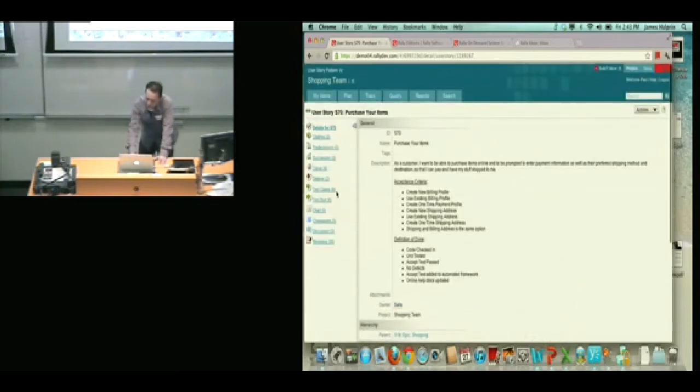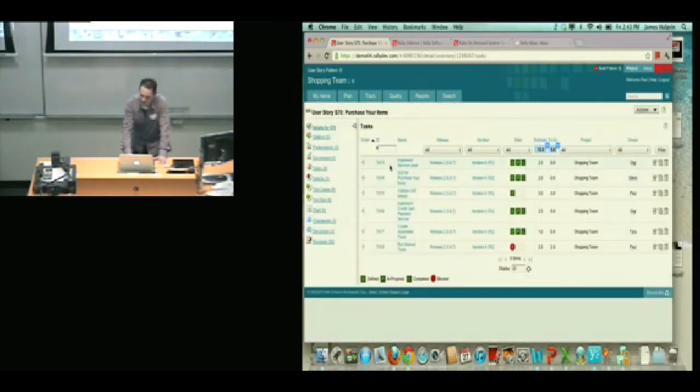But in the left nav, we can see all the other things that are related to that story. So if this story was part of a hierarchy and had children, that would be highlighted here. I can easily set up dependencies between any other story in the system, doesn't matter what team it's allocated to. If I had that, they would appear as predecessors or successors. We already saw from the other screen that this particular story has 6 tasks associated with it, 2 defects, 6 test cases. There's been 6 tests run against it.